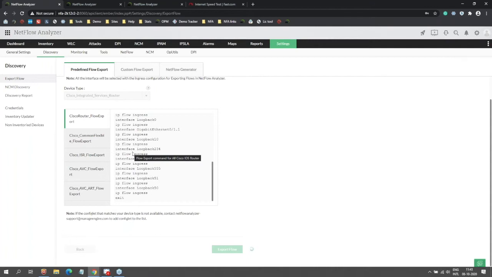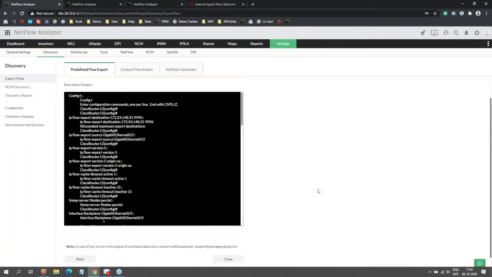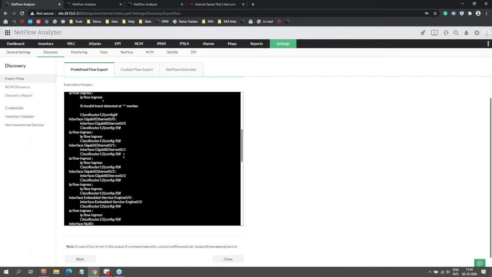Talking about the different modules, there's a very new function that has come up called NetFlow Generator. This will be discussed in next week's presentation, but just to give you a heads up, this feature lets you monitor devices that actually don't support flow at all. So if you have devices that are very old, that do not have any kind of flow support, not a problem. You have NetFlow Generator, you can use that and you can monitor the traffic. So stay tuned for the next session to understand how this works, and it will be discussed in person.